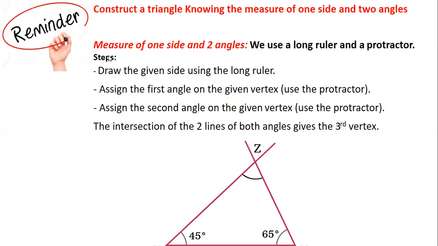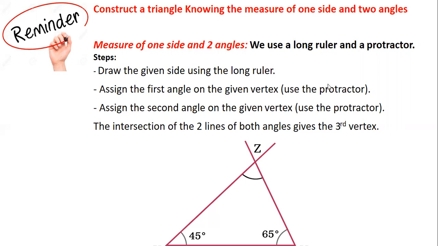What are the steps? First, we draw the given side. We have only one side, so we draw it using a long ruler. Then we assign the first angle on the given vertex using the protractor. We assign the second angle on the given vertex using the protractor,